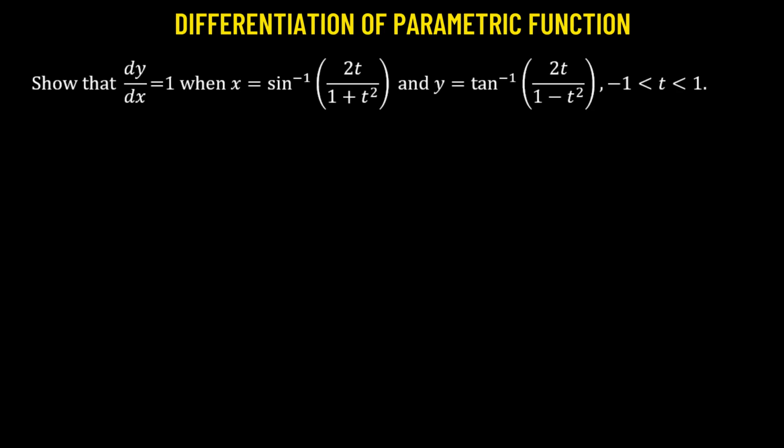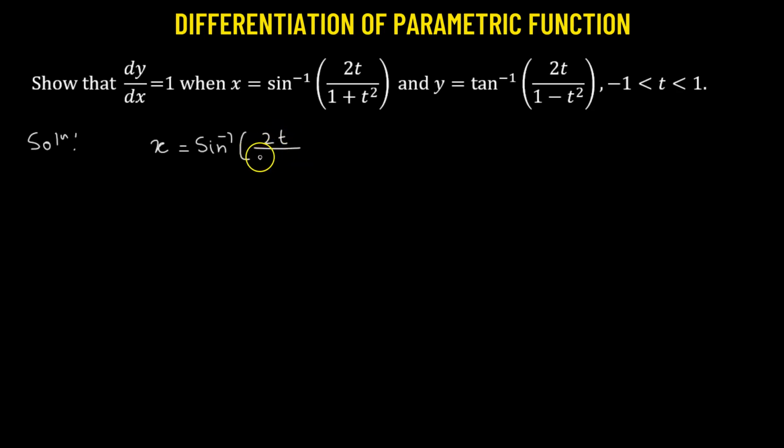We need to show that the derivative of y with respect to x is equal to 1, where x and y are both given in parametric form. That means they depend on the parameter t. So let's begin. We'll start with our first function, which is given by x equals sine inverse of 2t